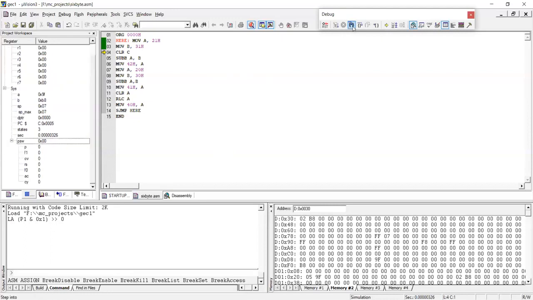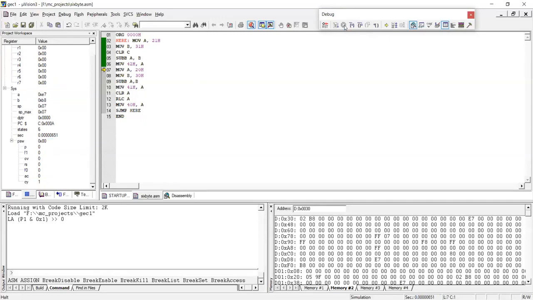Since we're using the SUBB instruction, SUBB A, B, what is the subtraction of these two numbers? You get EF as the lower byte of 9F minus B8. Also, because of this subtraction, the carry bit is set to 1. The subtracted result is stored in the accumulator, and that accumulator content I will move into memory location 42H.